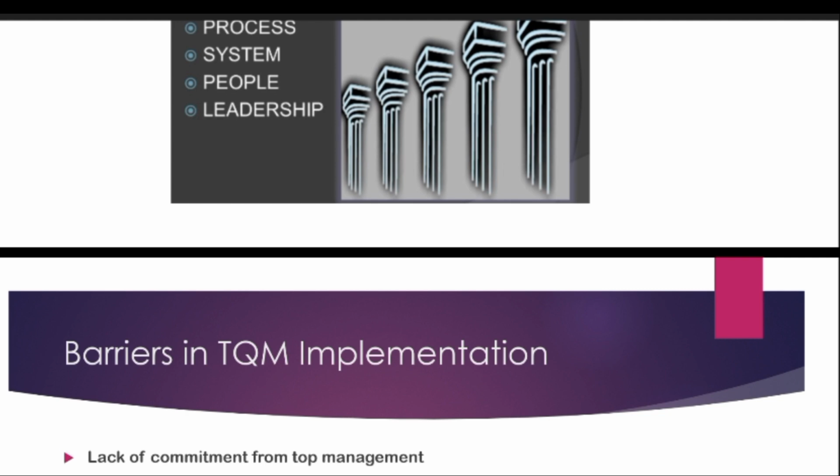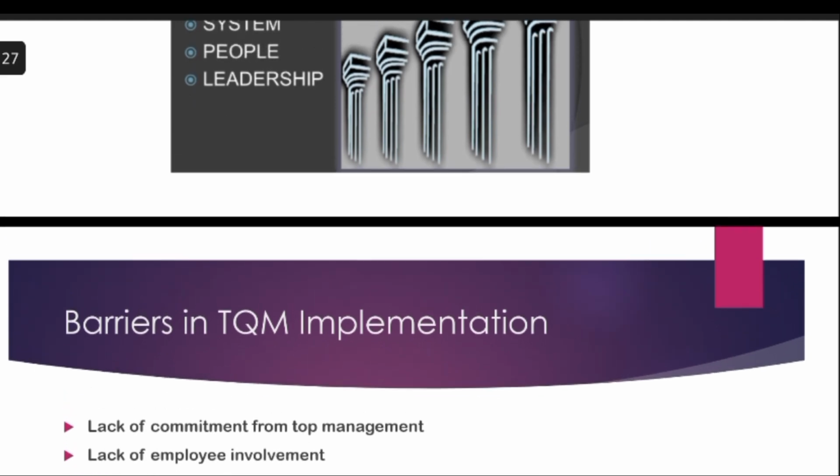If there is any lack between the management and the workforce, it will be a problem when TQM is being implemented. The next one is lack of employee involvement. Even though the management has committed towards the improvement or proposing any idea towards the product or process, the employee should work on this without any hesitation, and they have to work with full involvement to come out with a very good product or process.